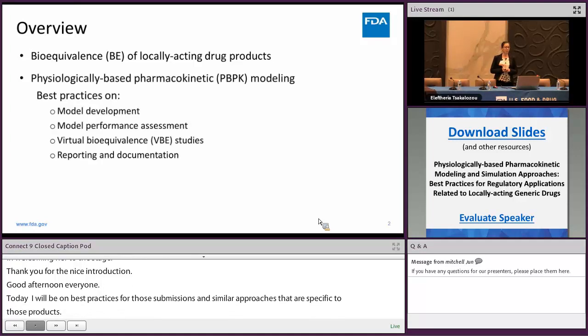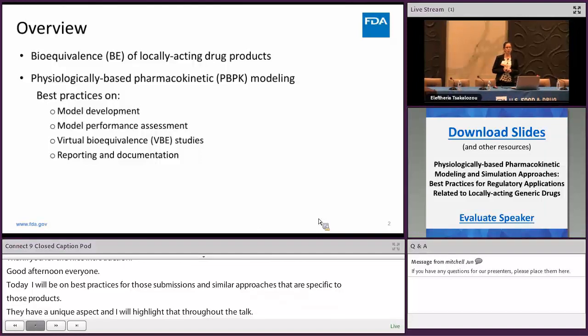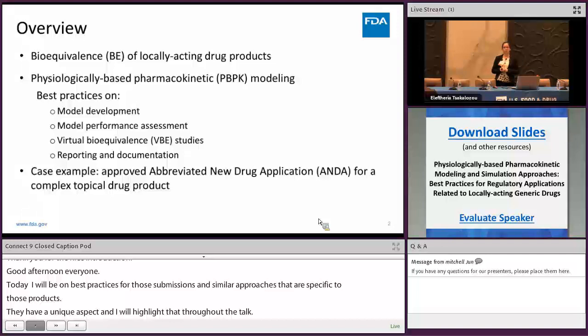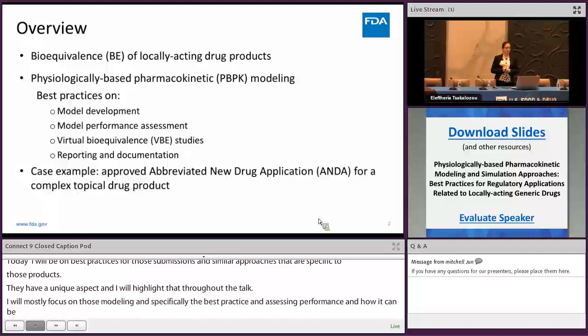But I will mostly focus on physiologically-based pharmacokinetic modeling and specifically what the best practices are for development of these models, assessing their performance, how they can be used to perform virtual bioequivalence studies and assessments, and how they need to be reported and documented in regulatory submissions. And I will highlight the most important aspects of these best practices with an example, an approved ANDA for a